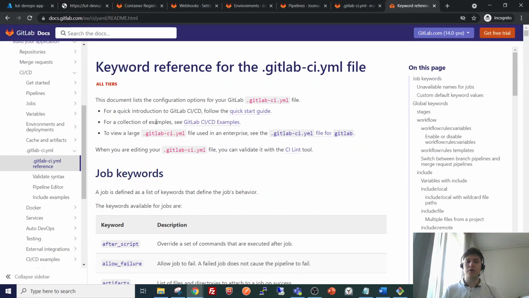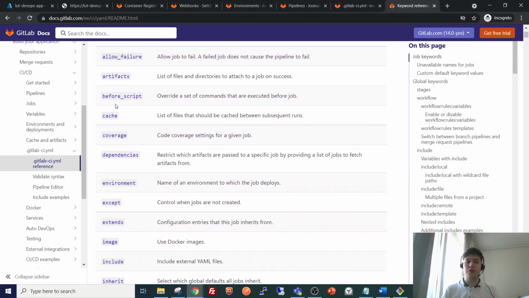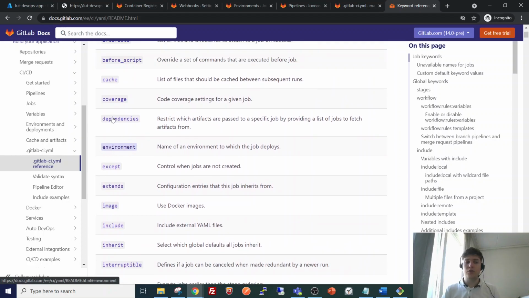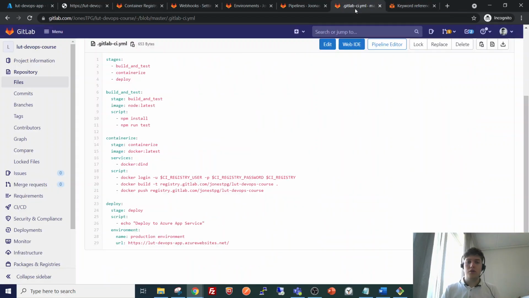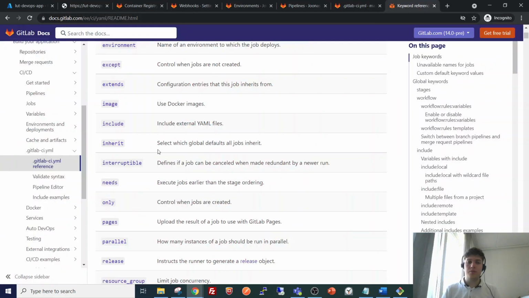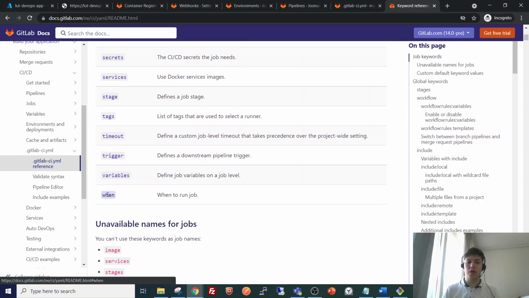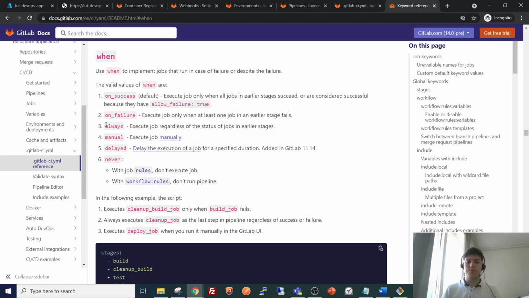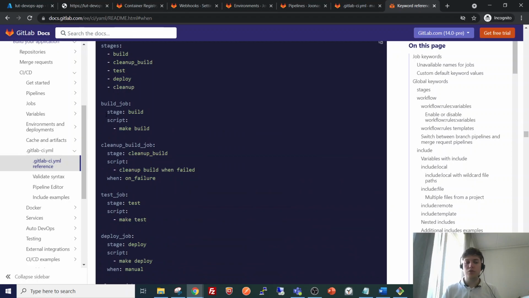But here on the keyword reference we can see lots of other options we could have here. There are some familiar ones like this environment here and the image here, and maybe one interesting one to use would be this when. It is possible to run certain things when the pipeline fails.